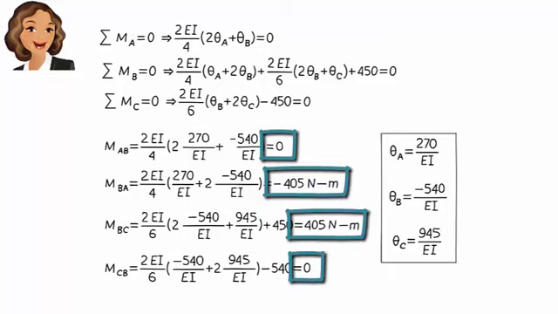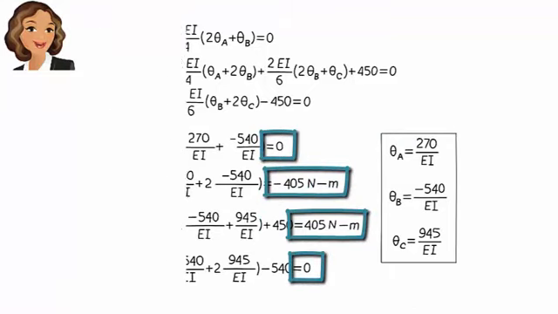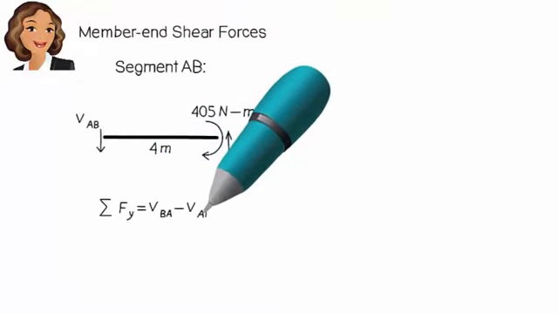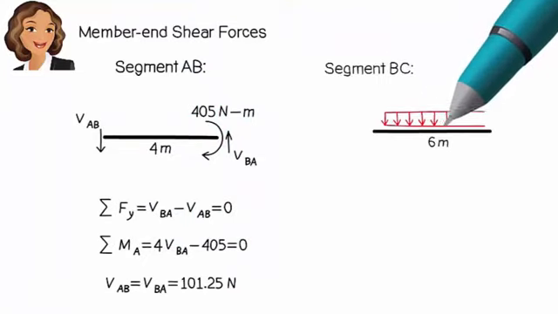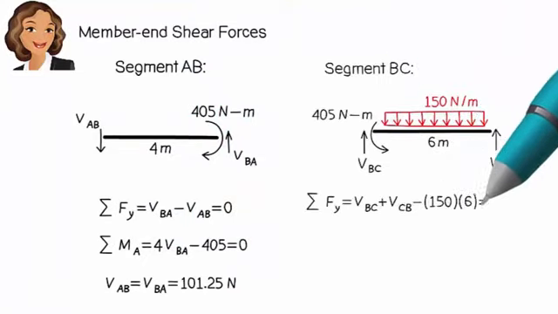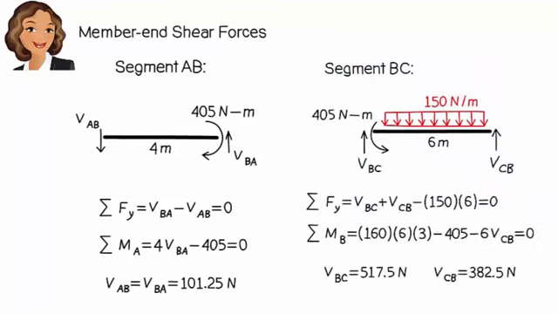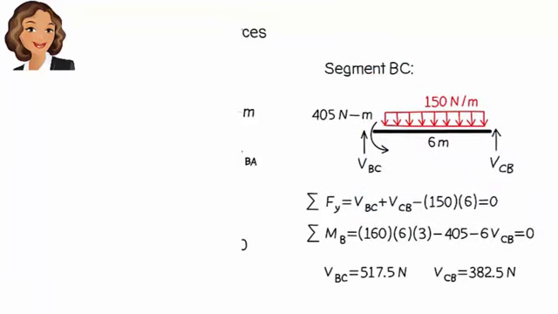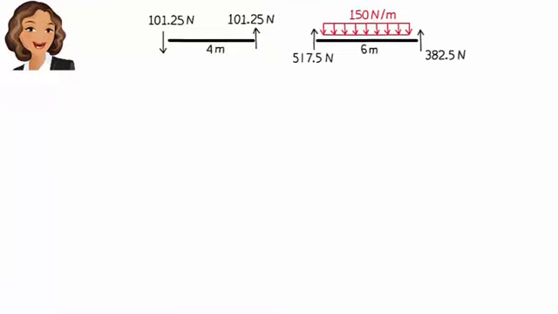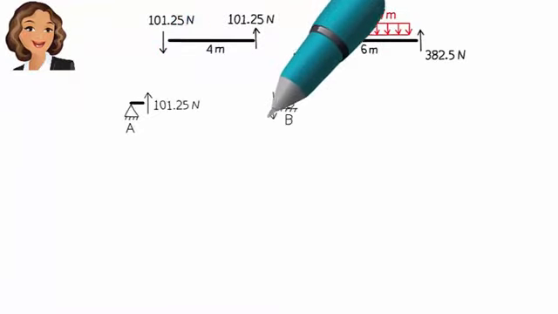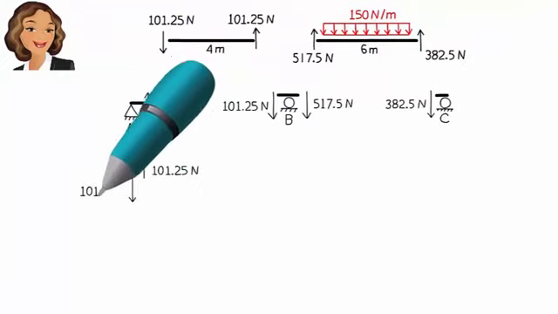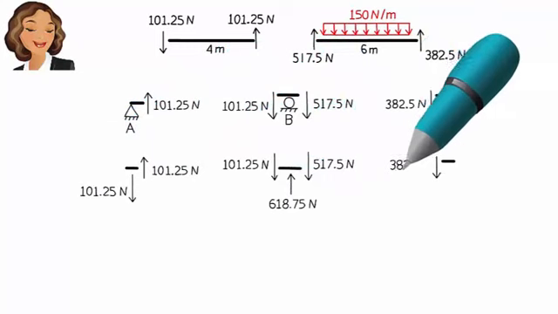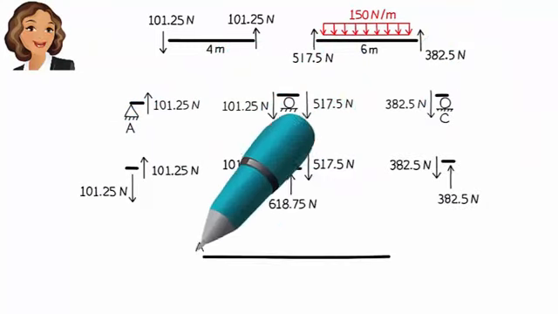Knowing the member end moments, we can easily determine member end shear forces. For segment AB, we have. For segment BC, we have. Now we transfer member end shear forces to the joints. So the support reactions are, or